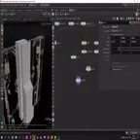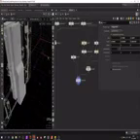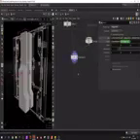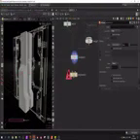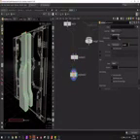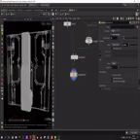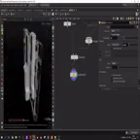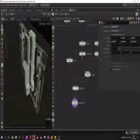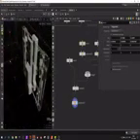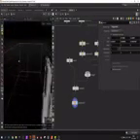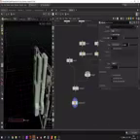So this part might be too flat, so I'm gonna move this up, maybe make this a bit bigger. Then again, I want to bevel it to have some nice bevel edges. And I'm gonna put divisions to 1 and use the ignore flatten edges, so I only have this beveling on these sides. And I still don't like how small this is, so I might move this up and lower the